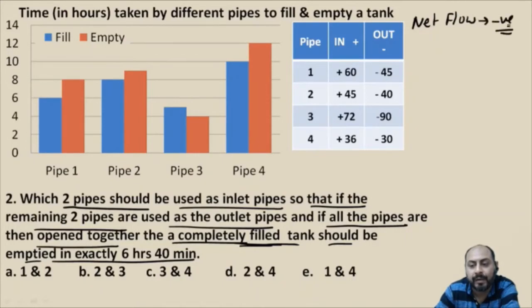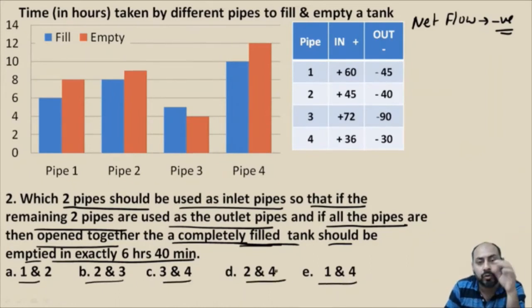What do I mean by a negative net flow? It means that whatever amount of water is getting inside the tank, more than that is being pushed out of the tank. Only then will we start emptying a full tank. So the very first thing is you have to look for the combinations which give us a negative net flow. Now, the second part you can do is have a look at the options available to you and eliminate all those options which give us a positive net flow.